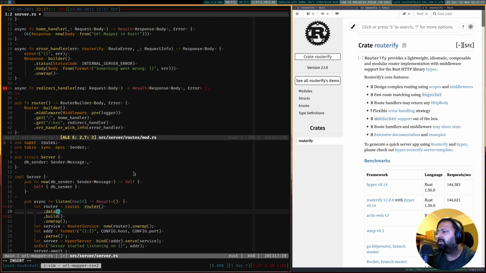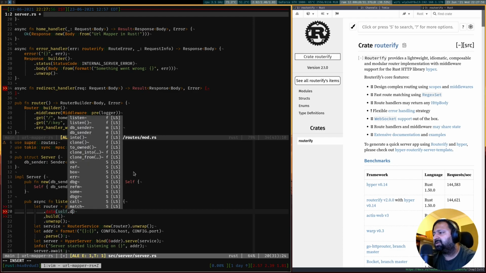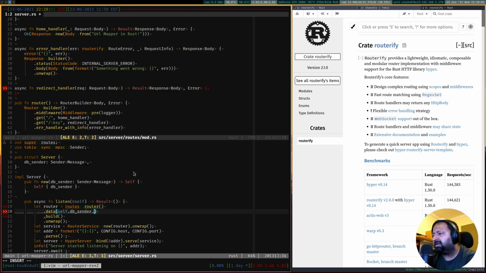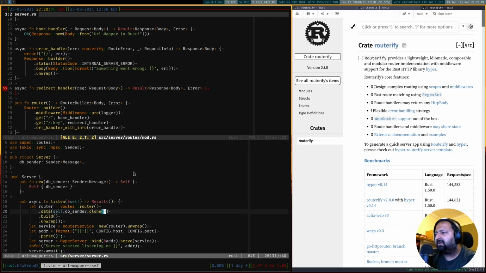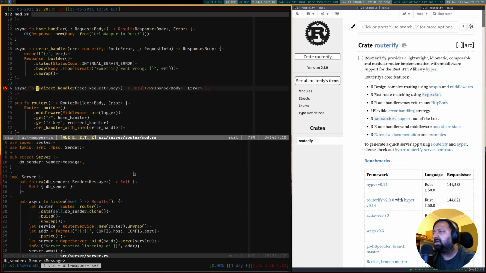We want to share the DB sender, and we'll clone it before sharing, which is the more idiomatic way of doing it, so that multiple producers, or each route handler, will become a producer of sorts and be able to send using the sender and get a response, and we'll be able to do that simultaneously or concurrently, right?